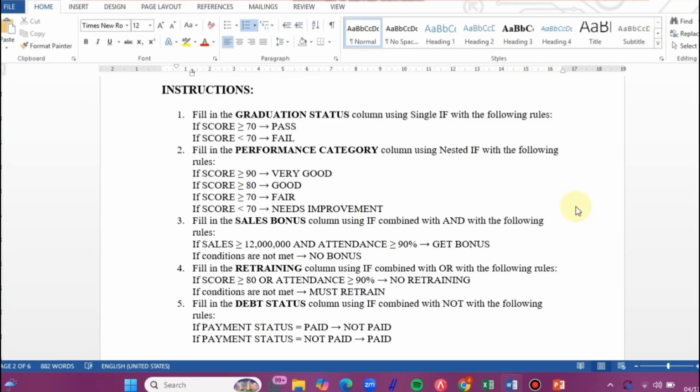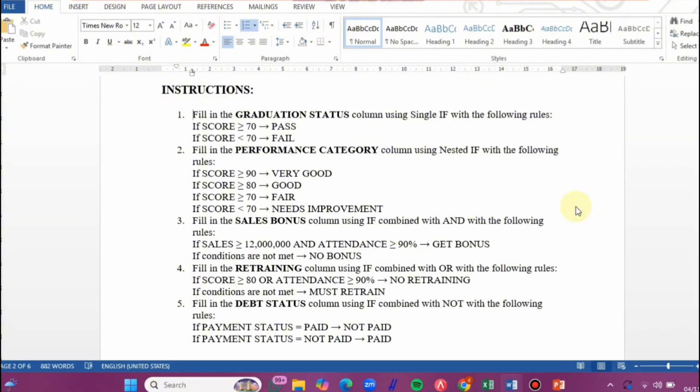Number 4, fill in the retraining column using IF combination with OR with the following rules: if score is 80 or higher or attendance is 90% or higher, no retraining, and if conditions are not met, must retrain.